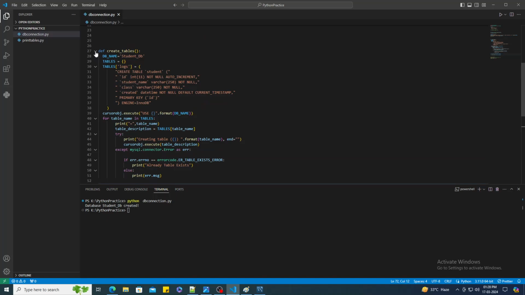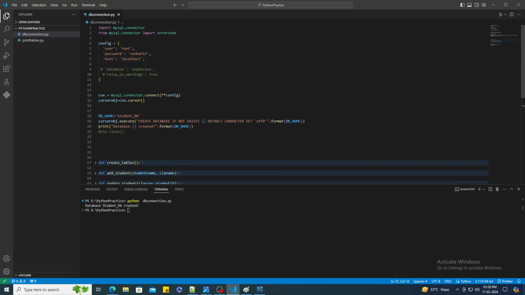Okay, and this is the code to connect to the DB. This is creating the database schema. This is creating the table. This is adding the data. This is updating the data. So yeah,